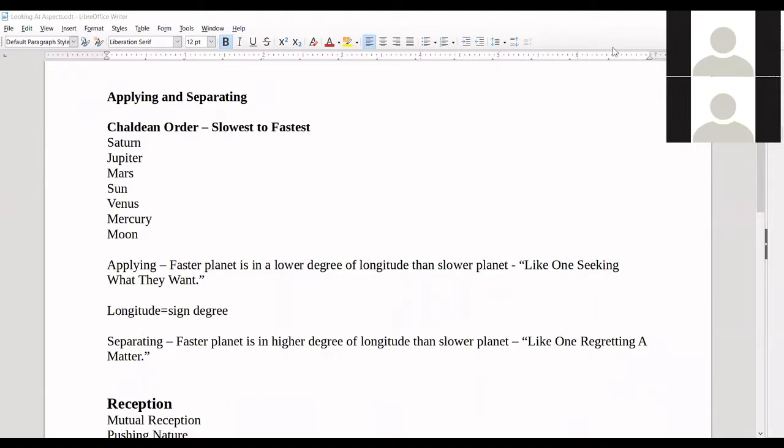I was wrong about not having any applying aspect. I have moon conjunct Venus applying. Fantastic. Yes, you do. Wow, that's very nice. That's very sexy. Okay, or can be, or that's very beautifying. It can be very pleasure-oriented, or all of those things that Venus can be.